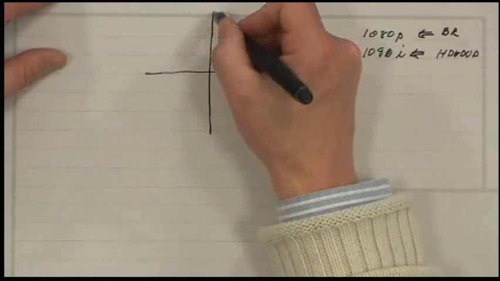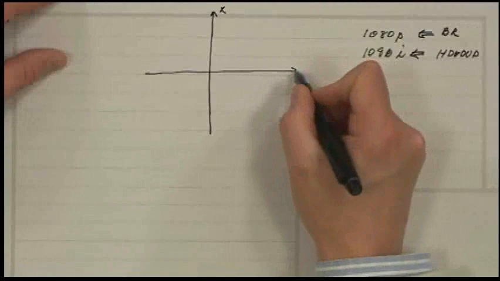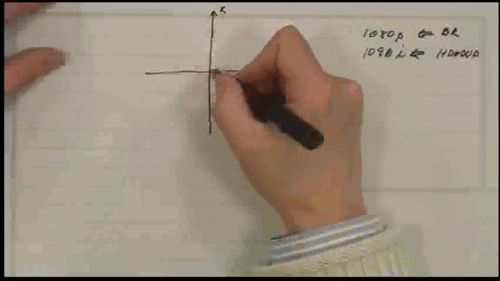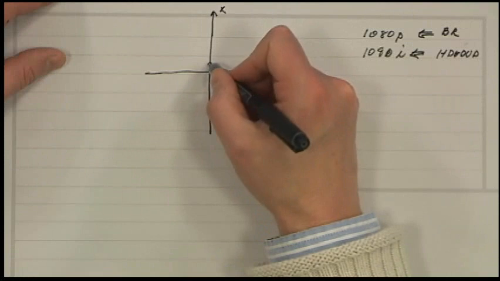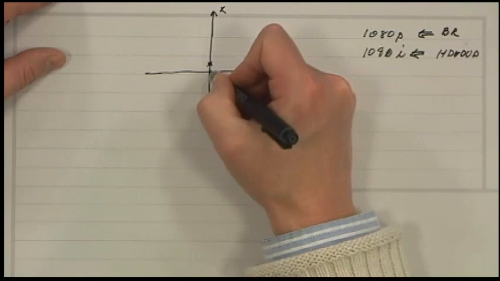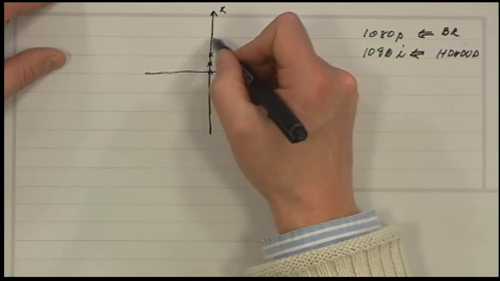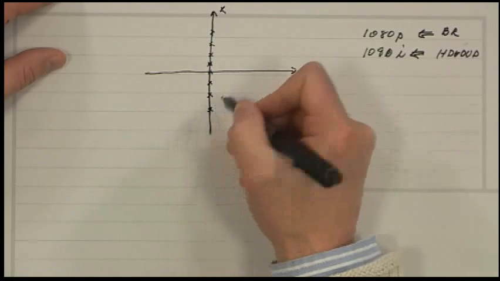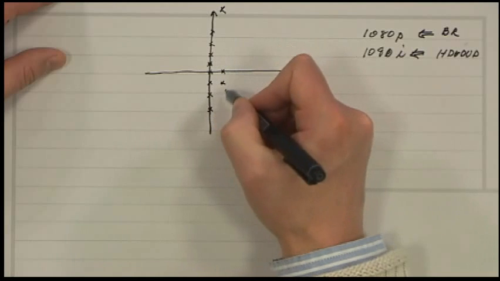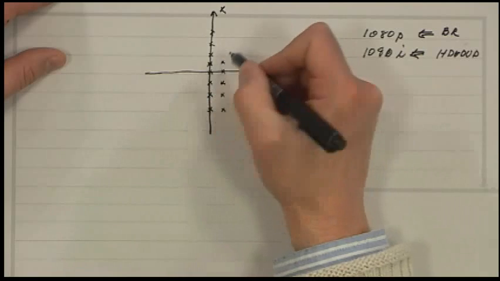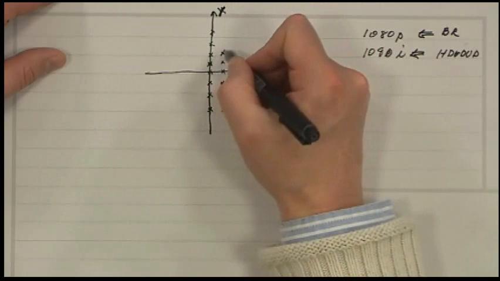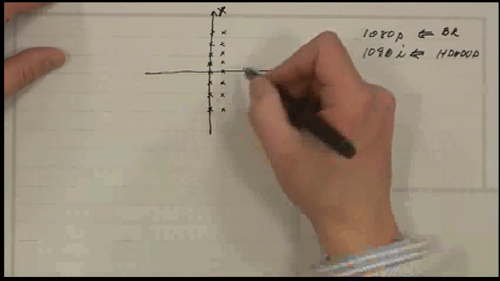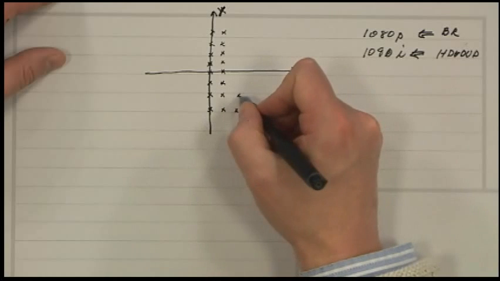basically, so this is X. So let's say this is X, and this is T. Okay? So in progressive, you take samples. I'll put little X's here. Okay, it's not going to be the greatest drawing ever. Okay, and the samples are in the same place. Let me make this Y because it's a little more intuitive, because it's actually along the vertical axis that this occurs. But in progressive scan, you sample